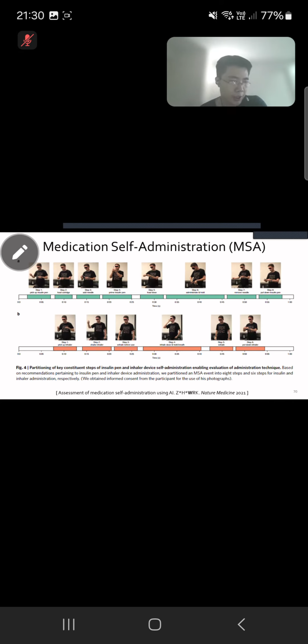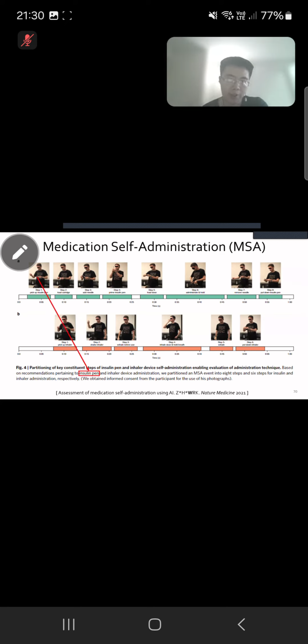And now that we have discussed how Bayesian deep learning can be useful in network analysis and graph learning, let's turn our attention to the third application, healthcare, to see how it can be useful. And here we're interested in a healthcare application called medication self-administration, or MSA. And in MSA, a patient needs to go through a sequence of multiple steps to perform some action and administer the